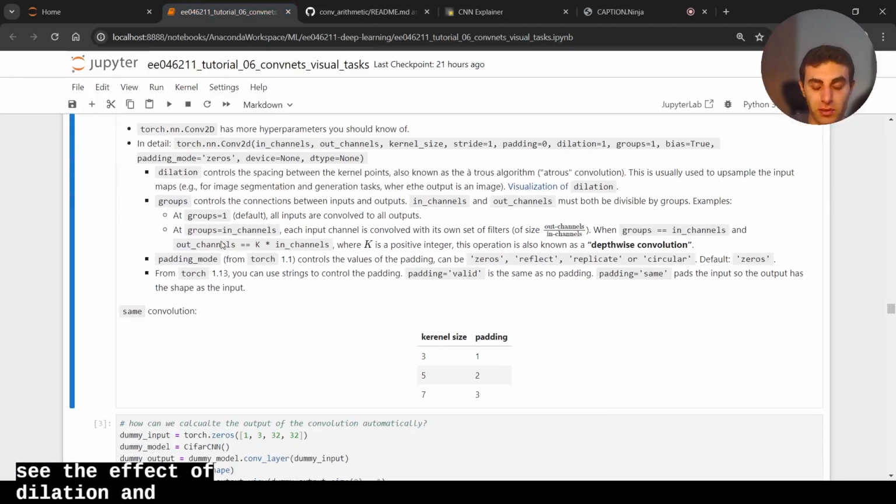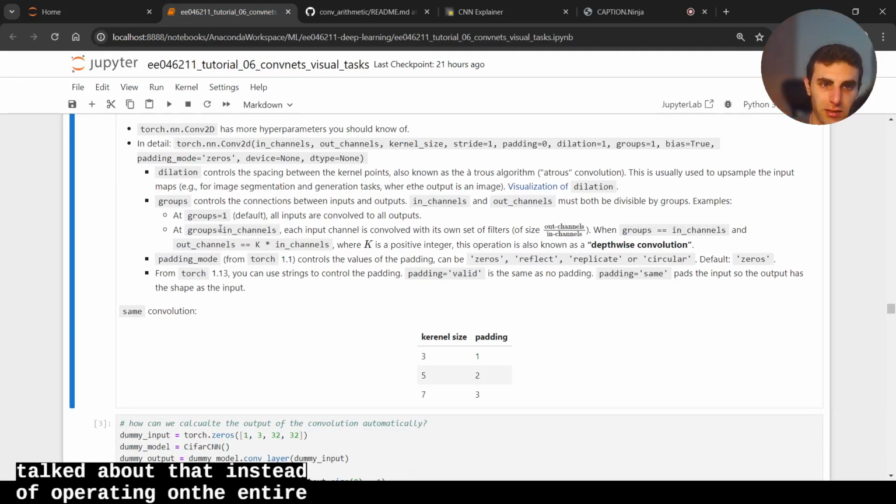And groups. We talked about how, instead of operating on the entire channels dimension for each filter, you can do a separable implementation. This is also called group convolution. The default is group 1, so each filter operates on the entire